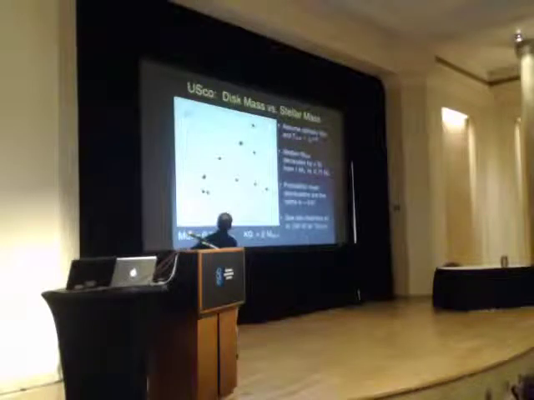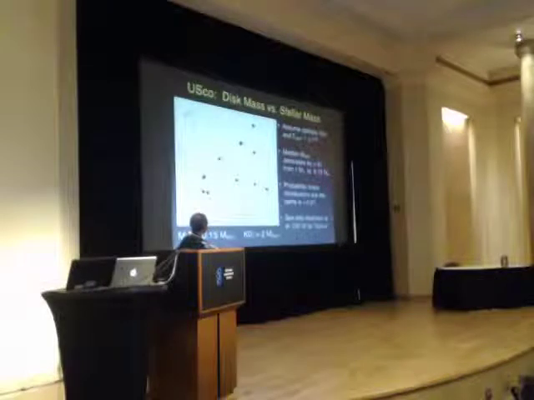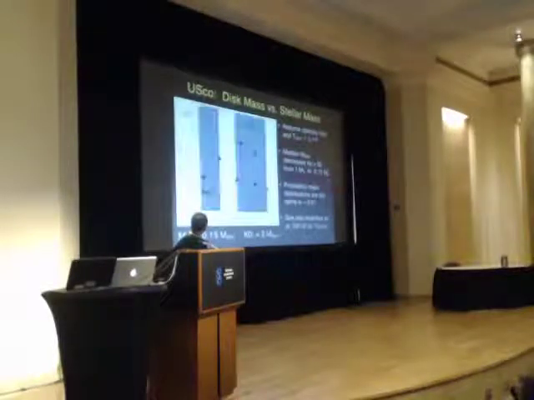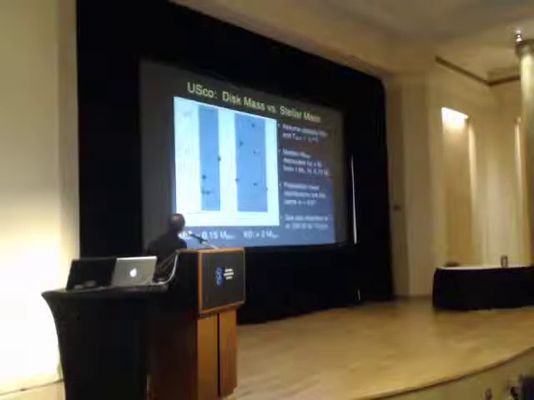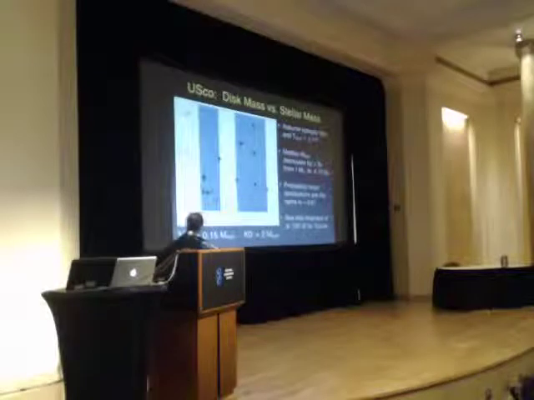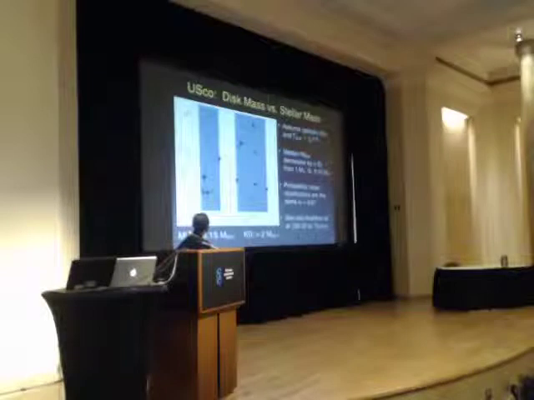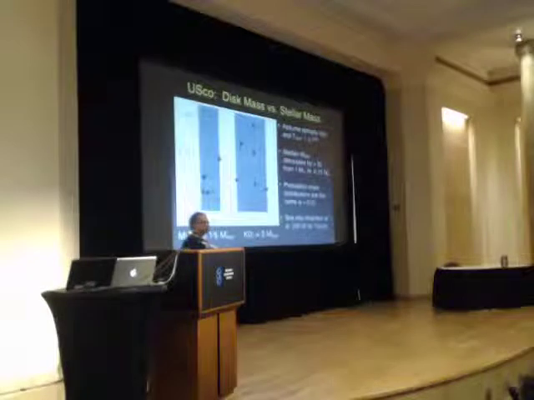I'm still trying to determine how best to quantify the decrease, but for now, what I can say confidently is that the median disk mass decreases by a factor of 2, from roughly 1 solar mass stars to about 0.15 solar mass stars. So I divided this up into 2 mass bins, in these 2 gray areas. The reason I'm a little hesitant on the median disk mass is that when you have 8 stars, the median is somewhere between 10 to the minus 3 and a few times 10 to the minus 4. There's just not enough stars to have a very well-defined median.